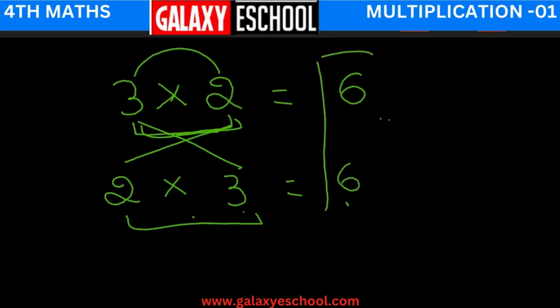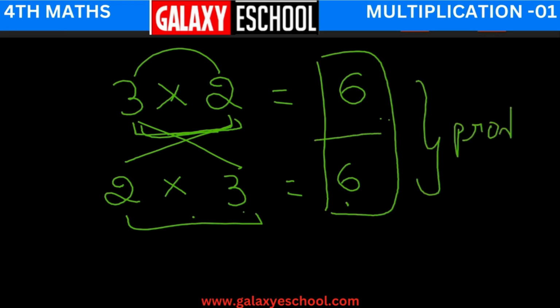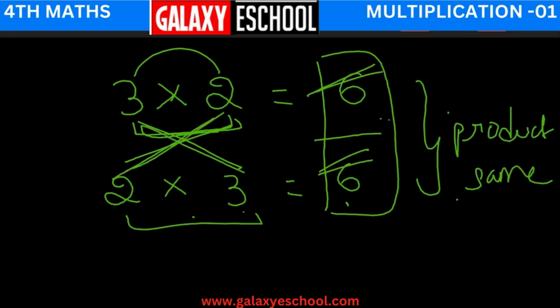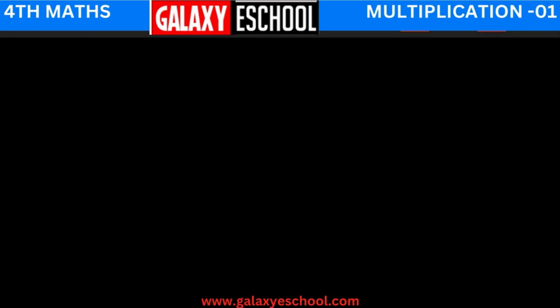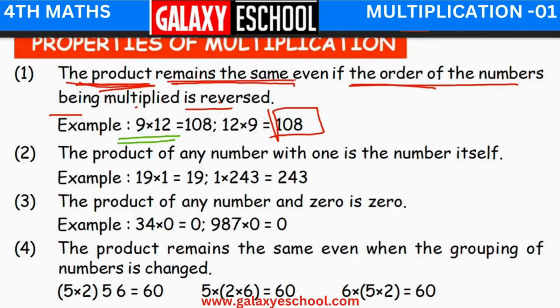So what are we observing here? The product is the same. In both cases 6 is our answer. So the product is the same even though the order of the numbers is reversed. Let us take an example. 9 into